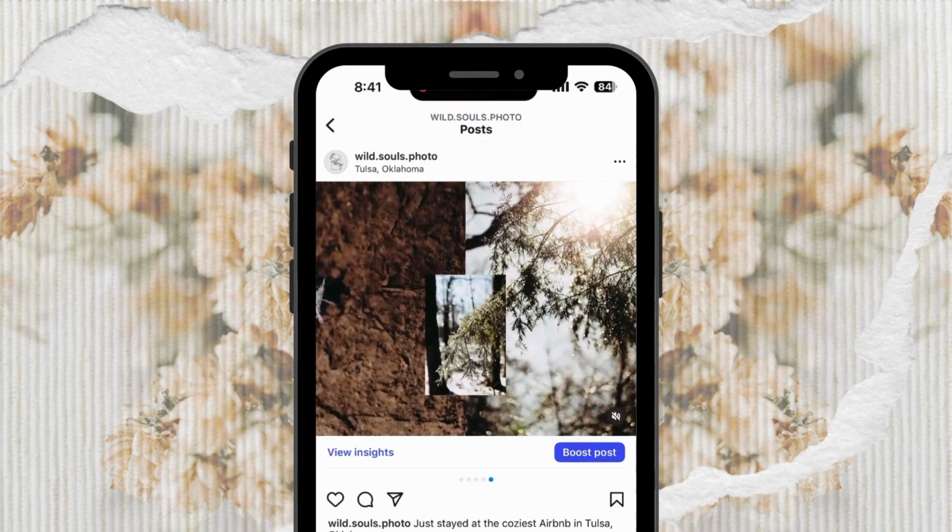I hope that helped you guys with making carousels with the new Instagram size update. I know I definitely couldn't use my old version of it because of the cropping. So I really hope this